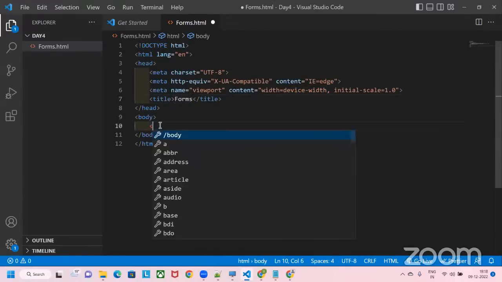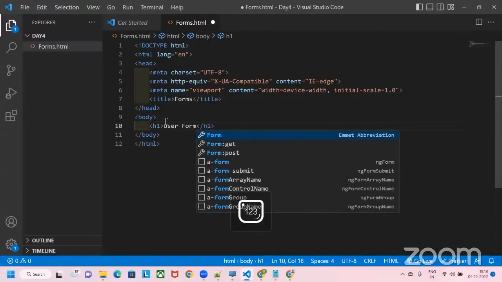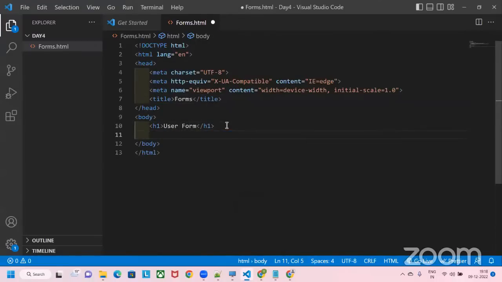We'll say h1, user form. Okay. And then I'll say form tag. As I said, we will use form tag to create a form in HTML. Okay. And then I will add a few inputs. Input,